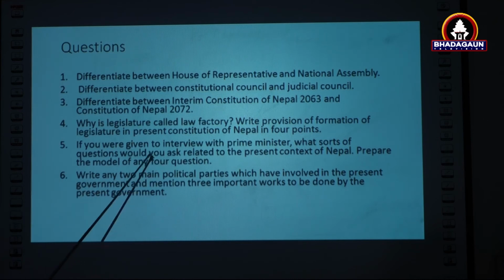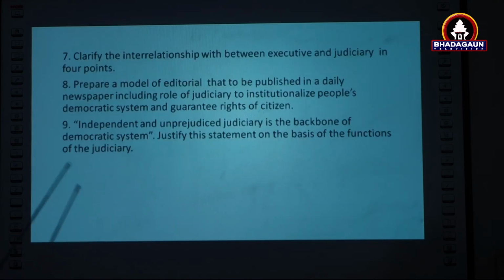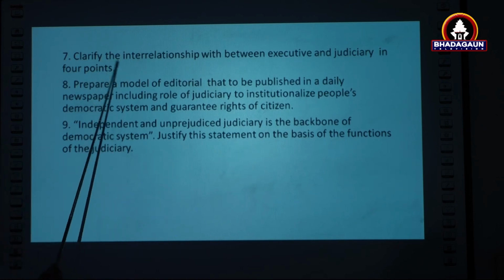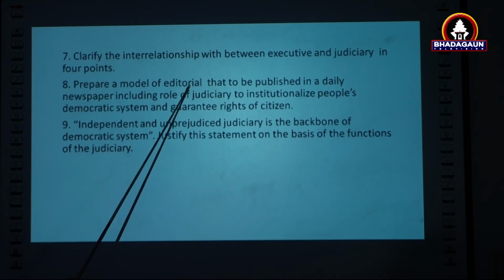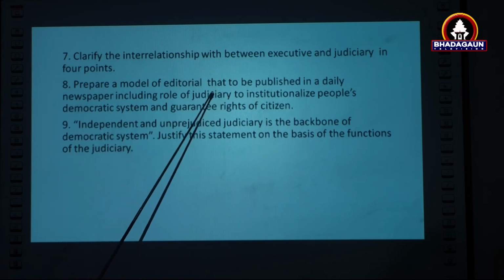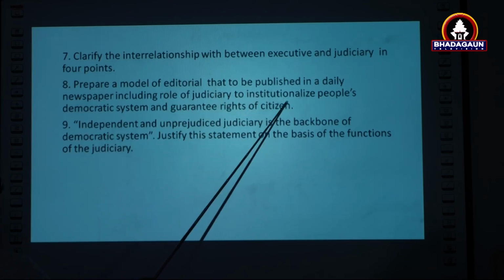And if you are given an interview with the Prime Minister, what kind of question would you ask related to the present context of Nepal? And then also write any 2 main political parties which are involved in the present government and mention 3 important works to be done by the present government. And number 7 is clarify interrelationship between executive and judiciary, already gone. And a model of editorial to be published in a daily newspaper, including the role of judiciary to institutionalize,